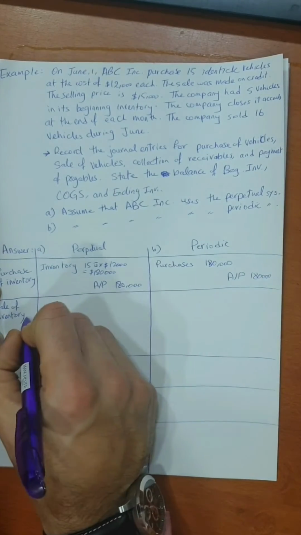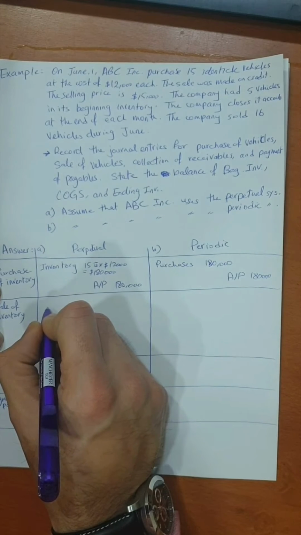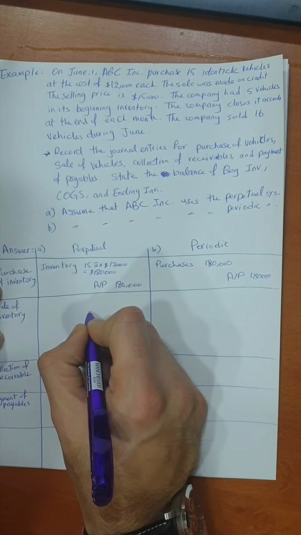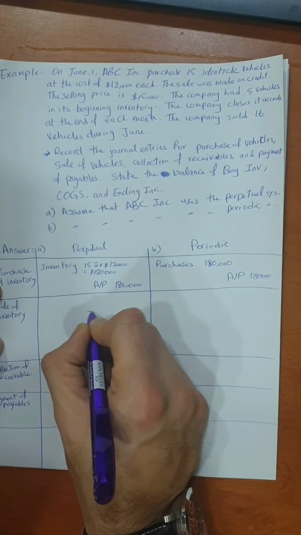So when you sell some inventories, your inventories are going down, so to decrease your assets you will credit it, right? So inventory,